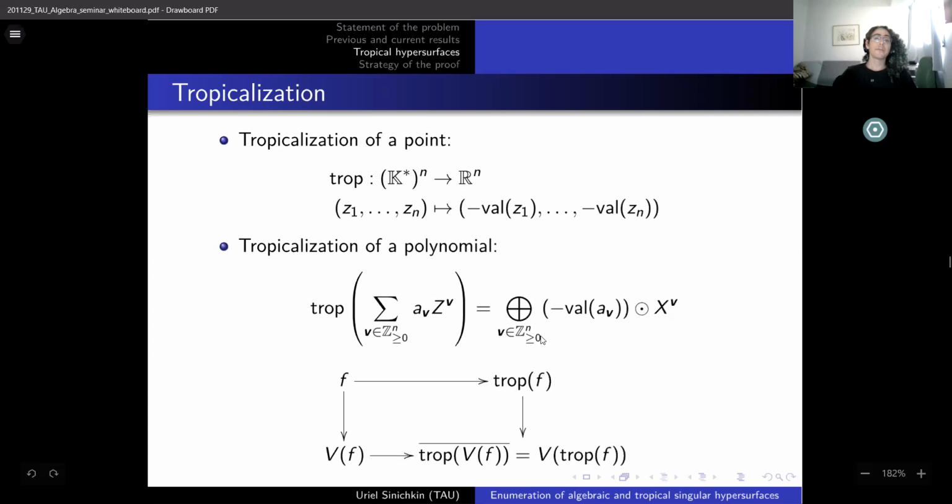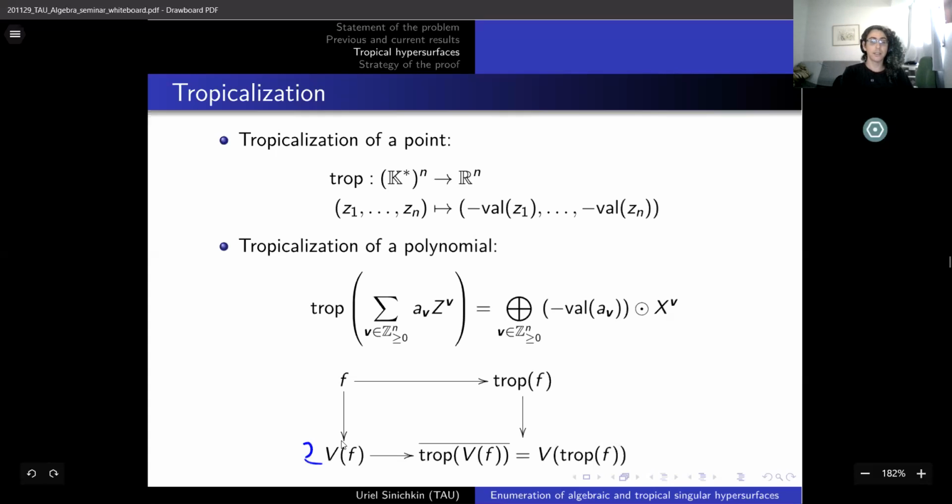It states that if we take a polynomial f and apply the tropicalization to it, and then look at the tropical hypersurface defined by it, or the non-differentiability locus, or if we take this same polynomial and look at the vanishing locus of it inside K^n,